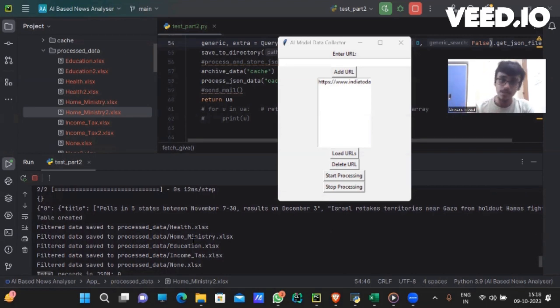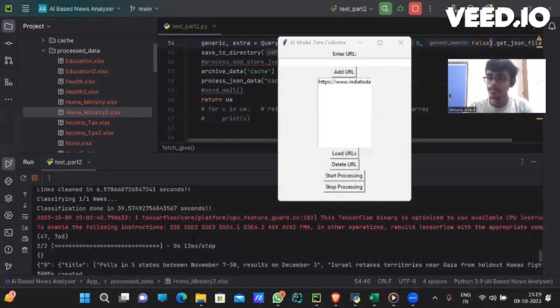We have some dependencies. For sending the mail, because we are creating an Excel file and we have to also send it to the concerned authorities, the software needs an internet connection. And also for improving the classification task, we have to get a new data set so that we can train the model. Since the availability of the data set is really low, that's one dependency that we have currently. Yeah, that's it, I guess. Thank you.